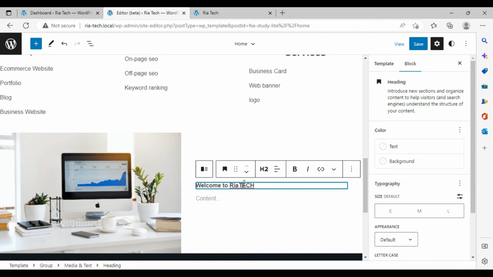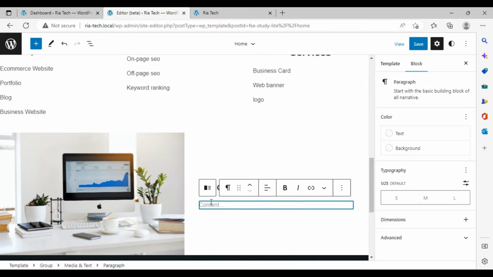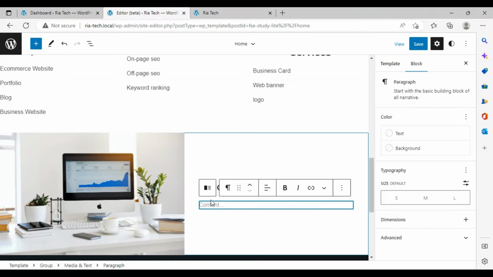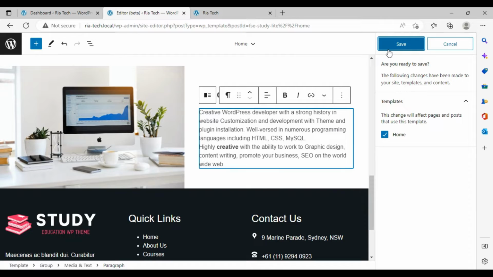Okay, you can change the size of that, for example, large. Click on content and write the content. If you don't know what content to write, you can hire a content writer by going on freelancing sites, Fiverr, and others. Okay, so write content over here. For example, I write that. So I write this type of data over here, and click on save,